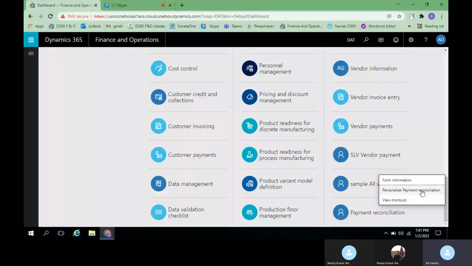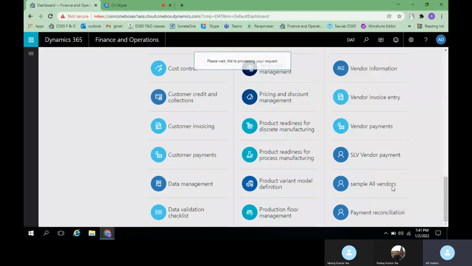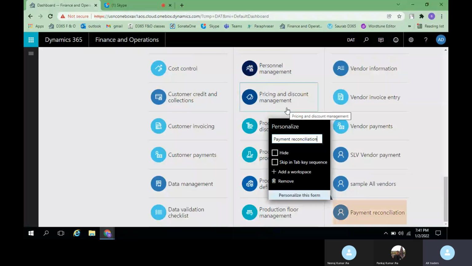Since we are going to create one more workspace, let me do it once again. As usual, we right click on any tile and then click on personalize payment reconciliation, or whatever the name it is showing. Now just click on add a workspace.